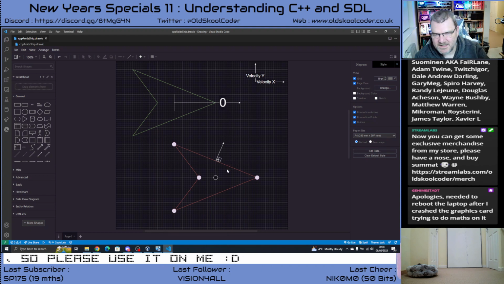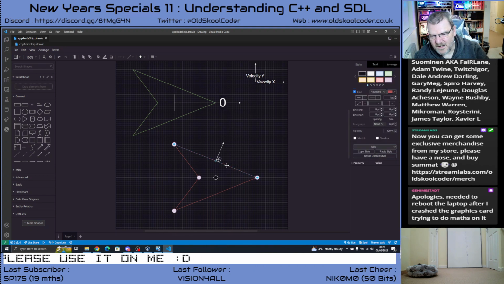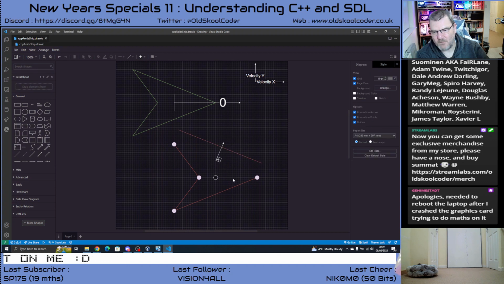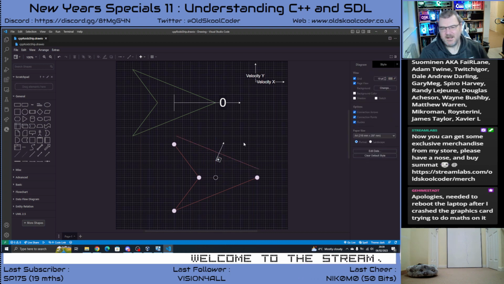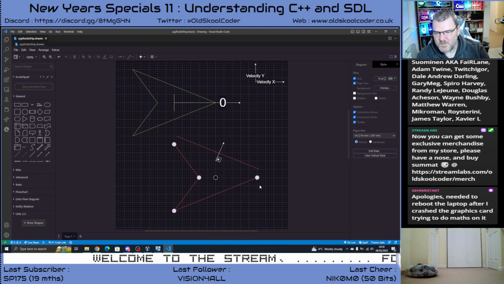So basically this line needs to go like that out. So let me get it back in line. So we need to move it like that. It needs to blow out like that, yeah? Which means